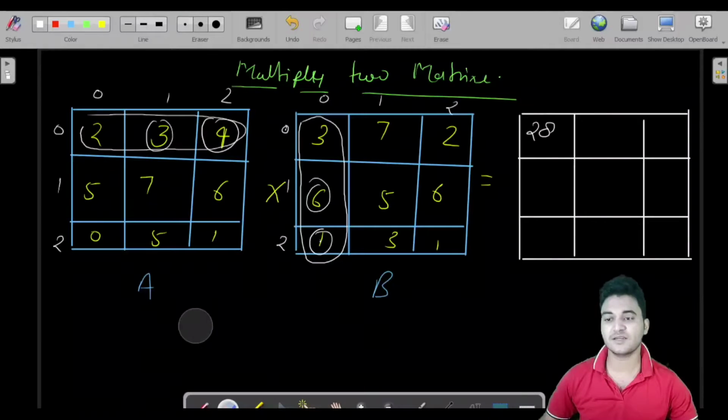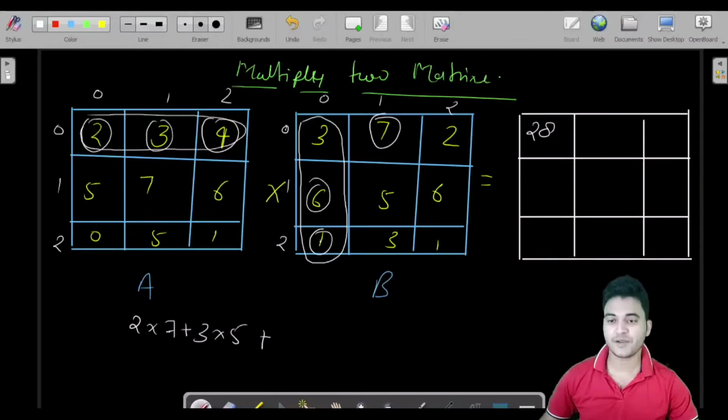This is 12th class math, which I am just telling you. Let me calculate this value also. Pick up this 2 and multiply with this 7, so 2 into 7, plus 3 into 5, plus 4 into 3, which is 12.